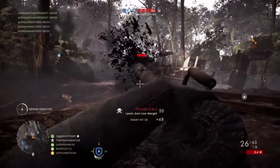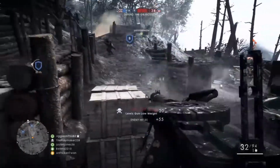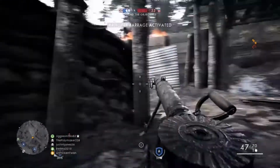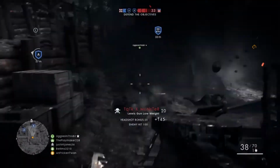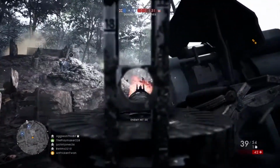it's a bad gun, but the magazine blocks half of the screen, so it's kind of tough to have situational awareness. So, in the support class, all the primaries except for the Chauchat have a base damage of 23. So when you're selecting a primary, it's best to start by looking at the rate of fire. In CQB, guns like the BAR are great because of their high rate of fire. However, in open spaces, guns like the Chauchat or Benet Mercier are good because the slow rate of fire